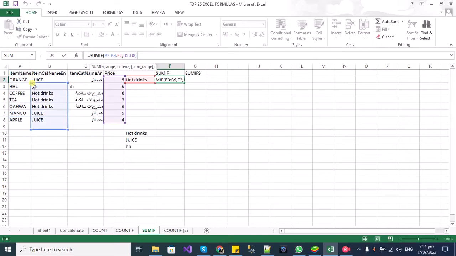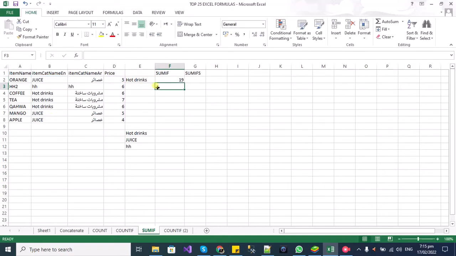So I will be switching it to item category, and remember that the range for both columns should be equalized, otherwise we will not be getting the correct amount of data. So let's enter it, and you can see the sum is 19. If you go against the price, you can see the sum is 19. And if I change it to juices,